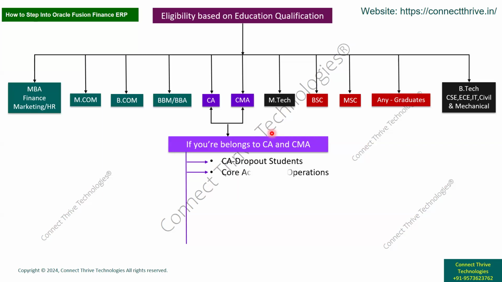Next one, core accounting and operations. If you are doing any operational activities for any clients, you are also eligible, even if you are CA completed, CMA completed, or a dropout student. And if you are doing company auditing, some CA dropout students do auditing for a few customers like manufacturing organizations, technology companies, service related companies, and small scale businesses. They do the auditing based on their turnover, take some amount, and accordingly survive.